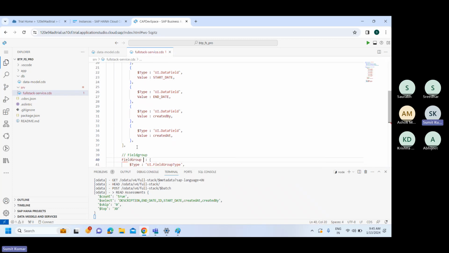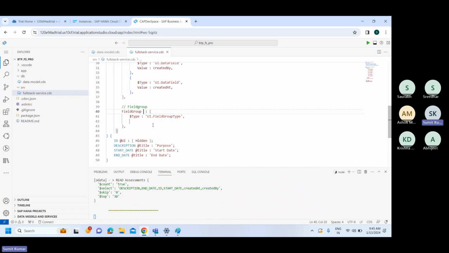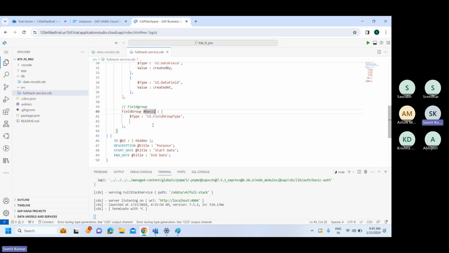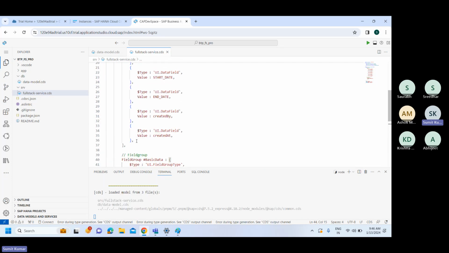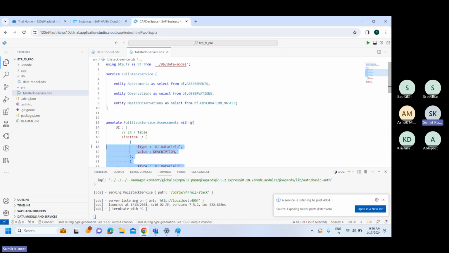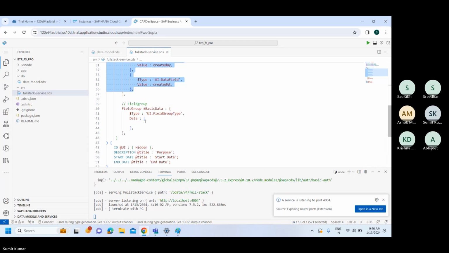I'll just simply say field group over here, and in this field group, we'll give some sort of a qualifier, for example, say basic data. And here maybe we'll add some sort of a data property to it. So we'll add mostly everything that we do have. So I'll just simply say copy,